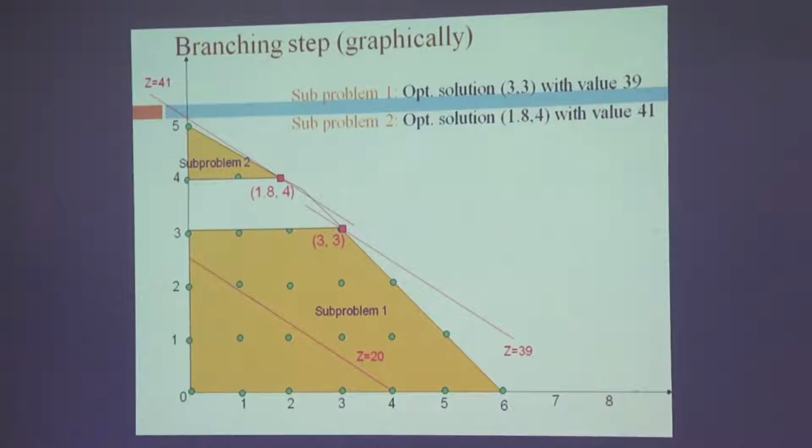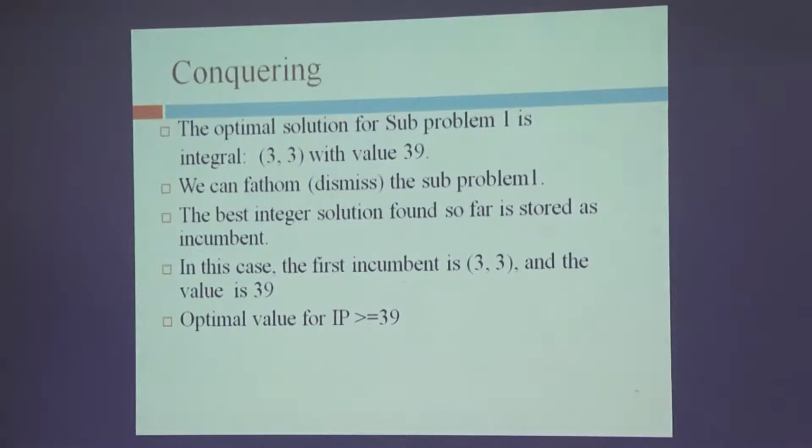LP with 41.25. So what did we say? The optimal value of the integer problem has an upper bound of 41.25. Now we have got a lower bound for the optimal value, because I have got an integer solution 39. So the best solution has to be greater than or equal to 39. So I have a lower bound for the integer solution, and I have an upper bound based on the LP relaxation which we had solved. Okay.